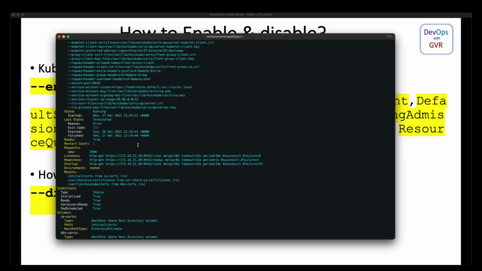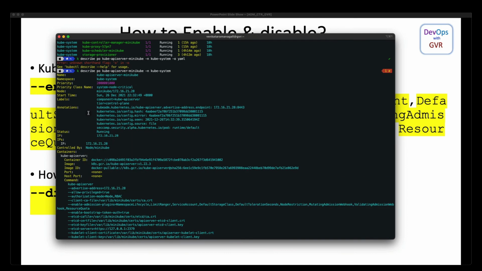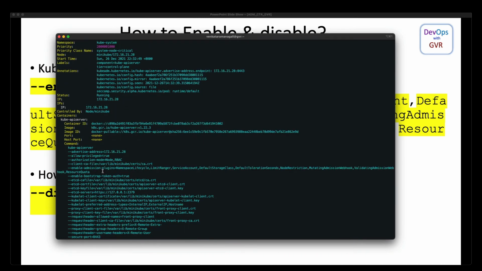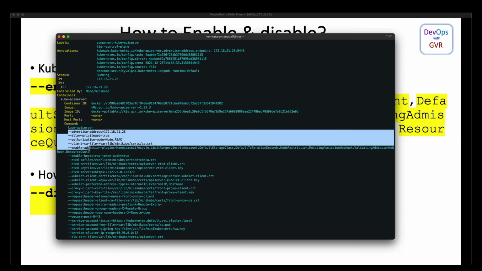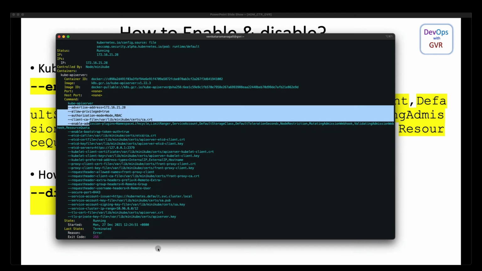I just did the describe. If you look at the kubectl describe pod output, in the command section at the kube-apiserver level, there are a bunch of command-line parameters passed.